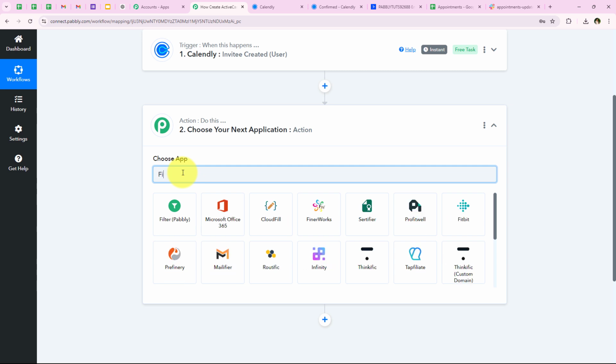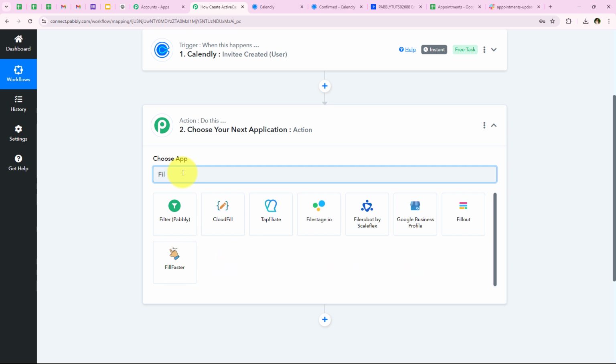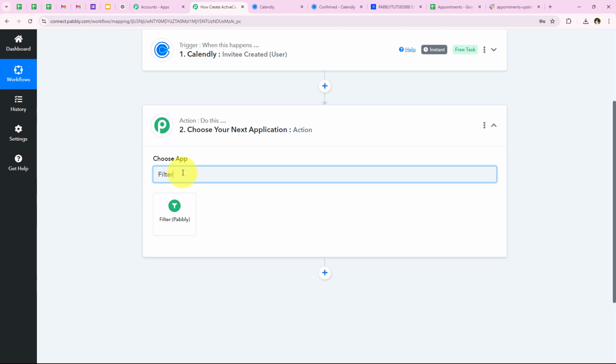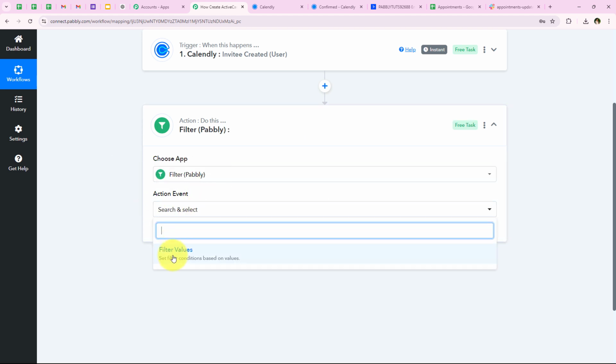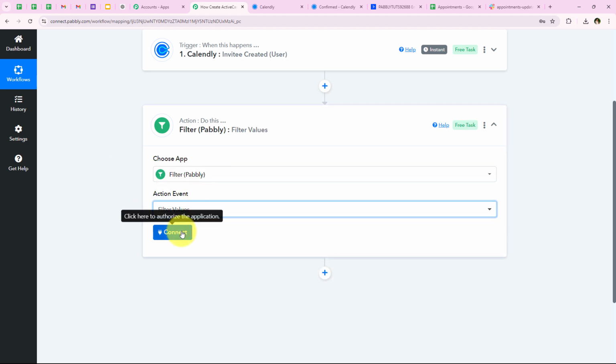So I'm going to add this because I want to add a filter condition in my workflow. To do this, I'm going to search for filter right over here. It is a feature by Pabbly which helps you to add conditions in your workflow. And now for the action event, I'm going to select filter values, and then we are going to